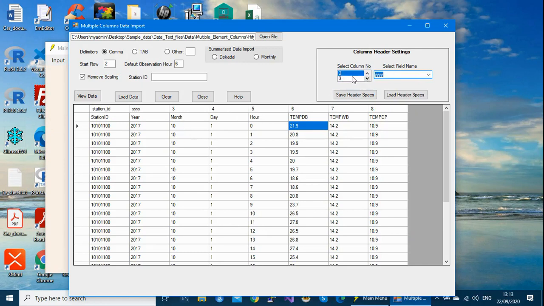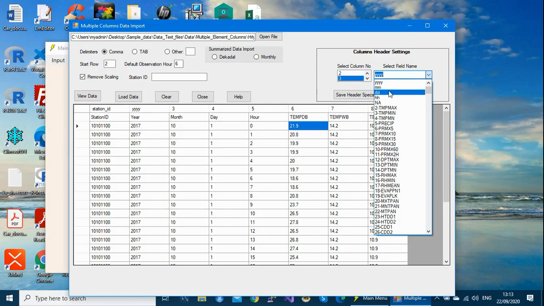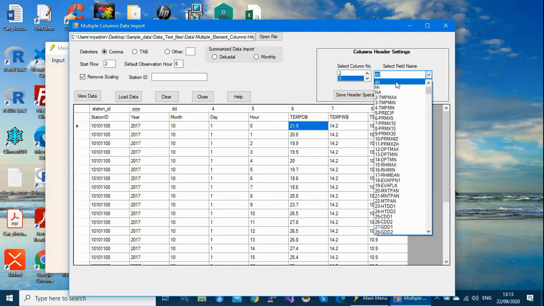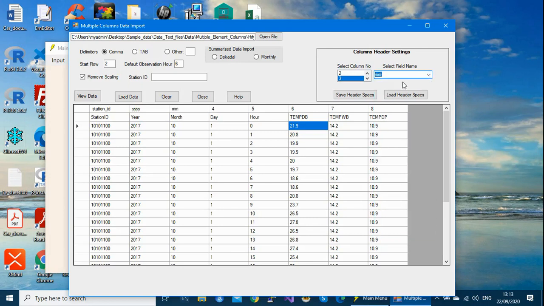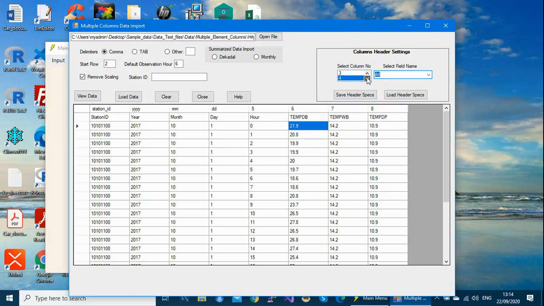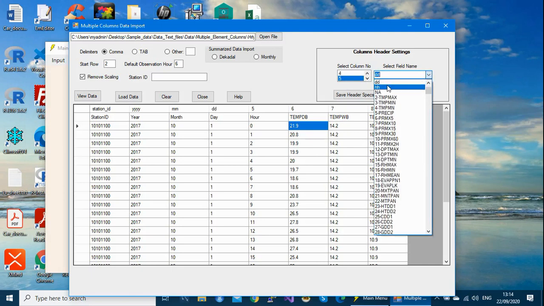Column 3 is for month. Column 4 is for day, DD. Column 5 for hour, HH.